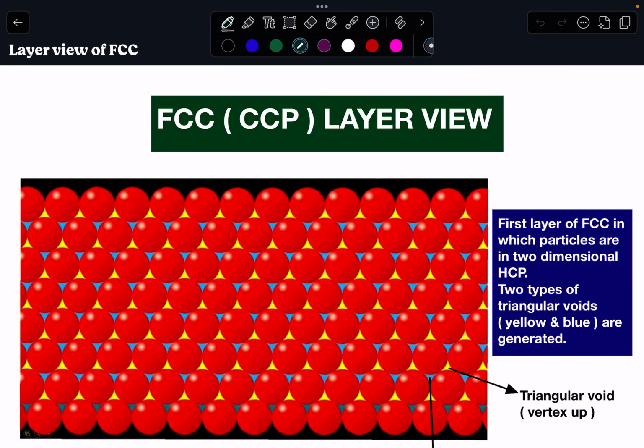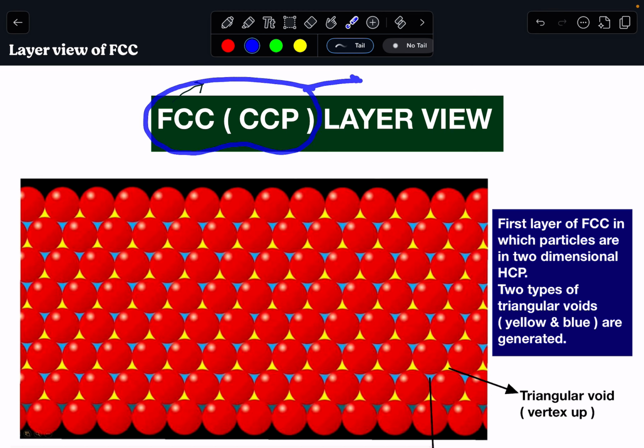Hello everyone. This session is about layer view of FCC and HCP. So first let us discuss layer view of FCC. Here FCC, the full form is face centered cubic lattice, which is also known as CCP, cubic close packing, because in all close packed structures FCC